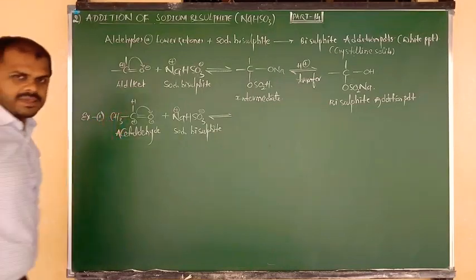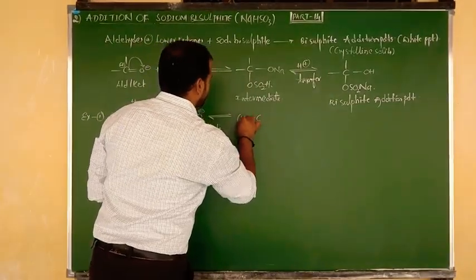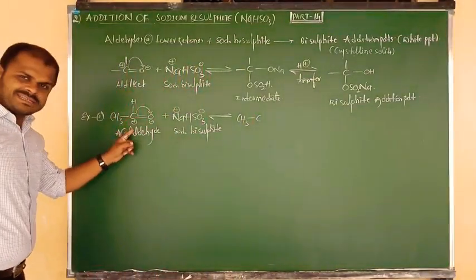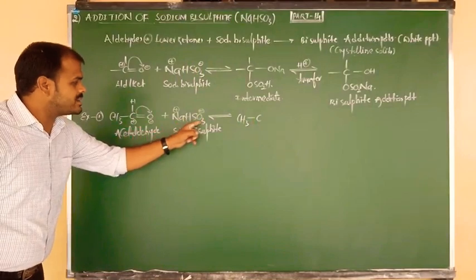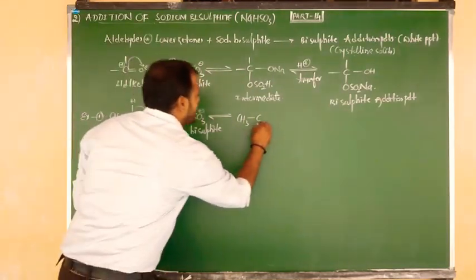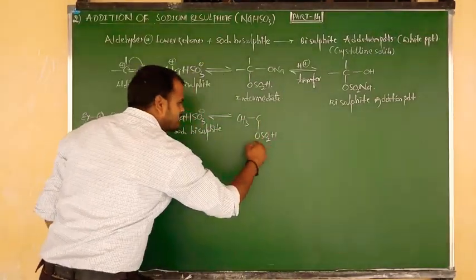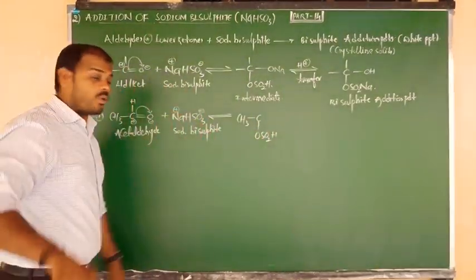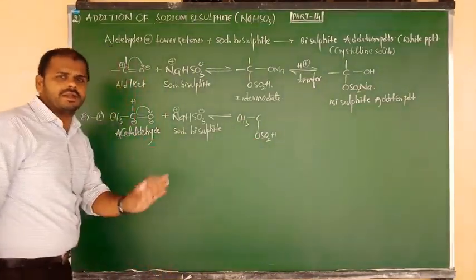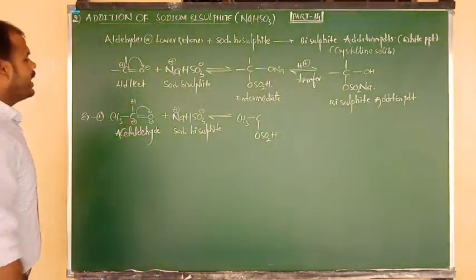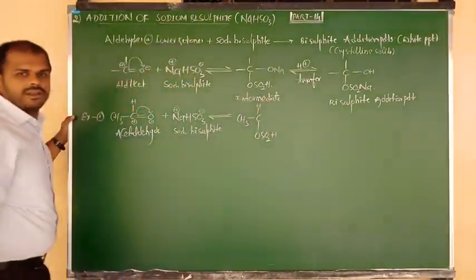CH3 bonded to C, I am going to write that as it is. C contains the positive charge, attacked by the negative ion, that is SO3H, and also we can say O SO2H, again SO3H but connecting through O, Nana, that's why we have to write O first. Don't write SO3H. We can write, but that is not good. Okay? And above plane, what atom is there? Hydrogen atom is there. Yes, I have written there.